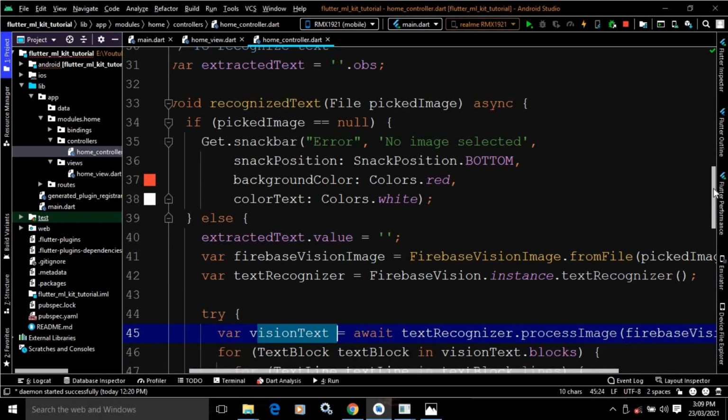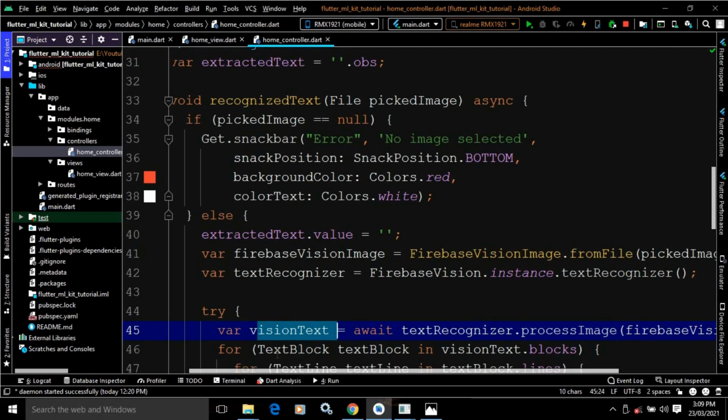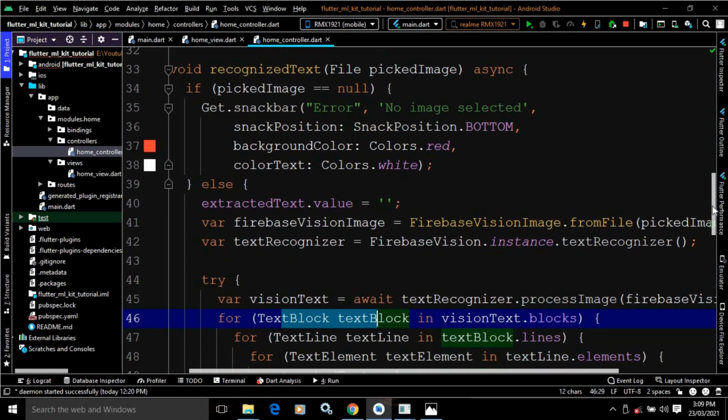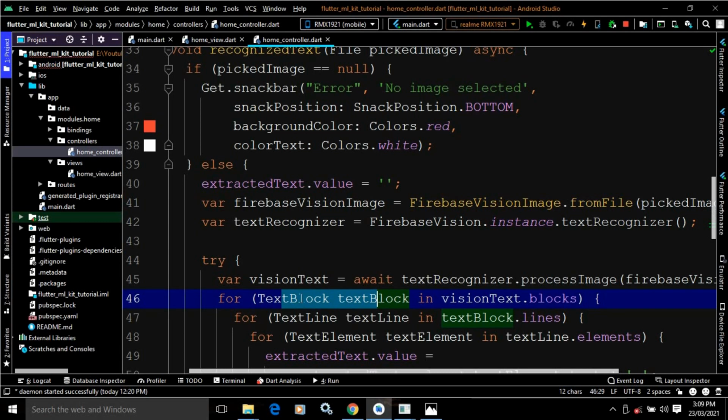After that, I have used a for loop. In the for loop, I have written text block in vision text dot blocks. This variable will contain the method dot blocks, and all the text blocks will be stored here. After that, there will be an inner loop. Inside the text block we will have text line, and the text line will contain text element.